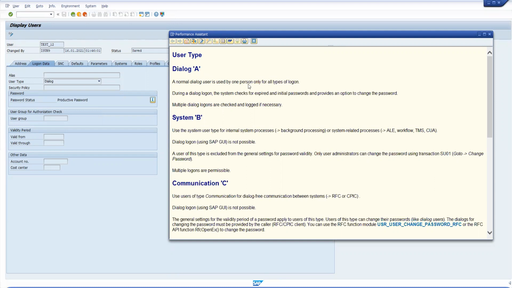Used by one person only for all types of logon. During a dialogue login, the system checks for expired and initial passwords and provides an option to change the password. When you log in for the very first time, once the security administrator creates your ID and you pass on your user credentials, SAP will prompt you to change the password,